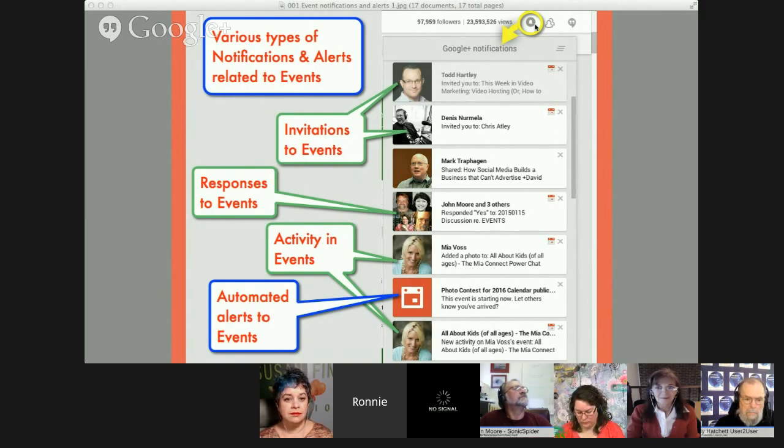So now, before we get further on, I'm going to introduce some of the people that are with me. In fact, let me just turn off screen share for a second. We've done a lot of testing, probably 17, 18 weeks worth of testing to try to figure out what goes on when you make a Hangout on Air that's in an event and you alert people about it. You want people to know it's happening so they can come and see it. What are the types of notifications and alerts that you get, and how can you control that, was the object